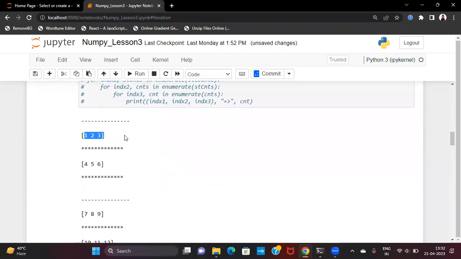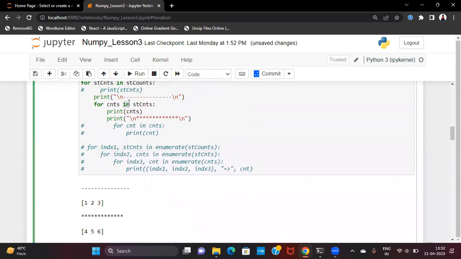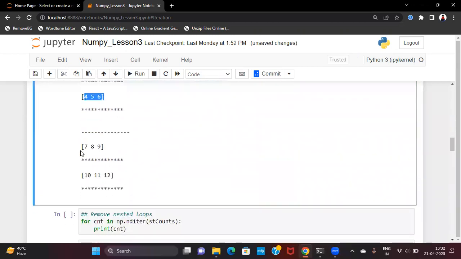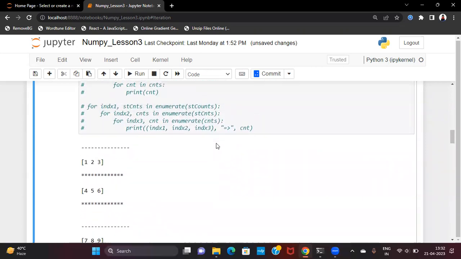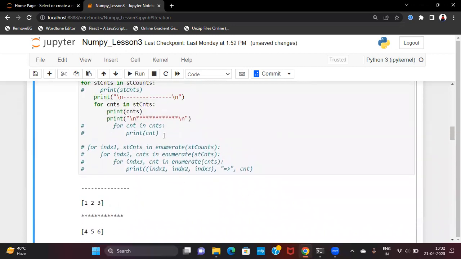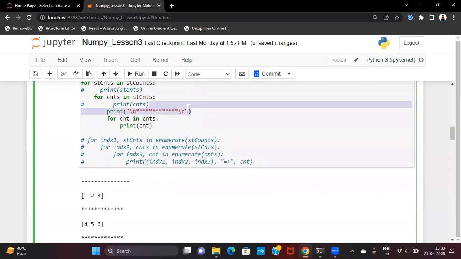So if we print individual elements, here we can see they are now one-dimensional arrays when we have two nested loops. Again, the third loop will iterate through each element of this array. So this third loop is required to iterate over these one-dimensional arrays. Now, that's what we are going to do. Let me remove this and let me print